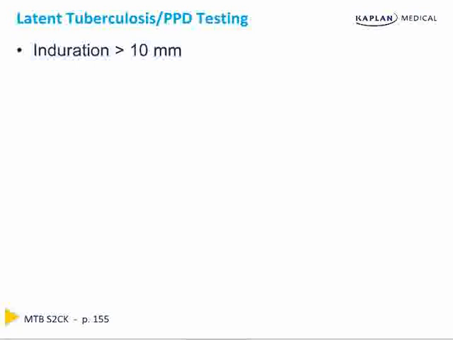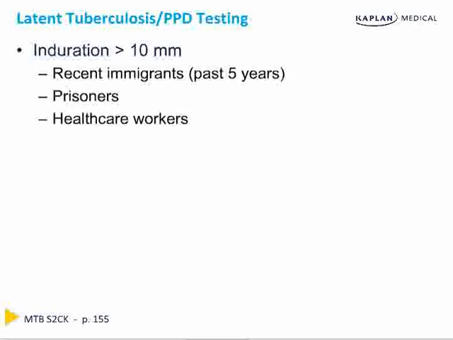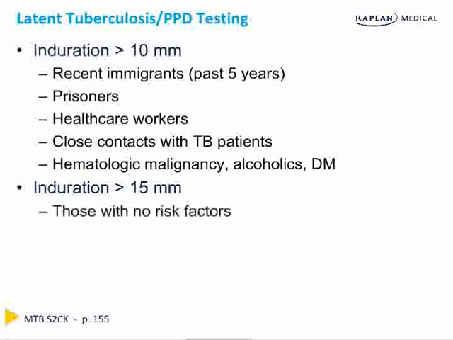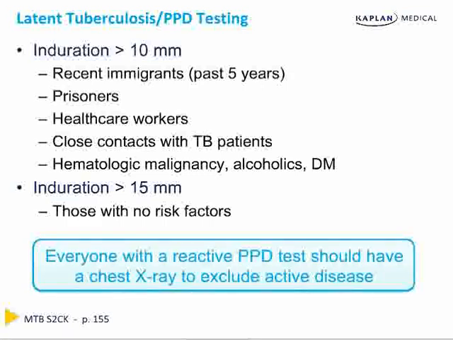Induration greater than 10 millimeters is necessary to call it positive if it's a recent immigrant within the past 5 years, a prisoner, healthcare worker, close contact with a TB patient, or patients with hematologic malignancy, alcoholism, or diabetes. In other patients, in particular healthy patients without risk factors, induration greater than 15 millimeters is necessary to call a positive PPD. Remember, everyone with a reactive PPD test should have a chest X-ray as the next step to exclude